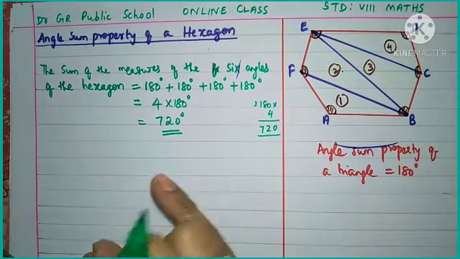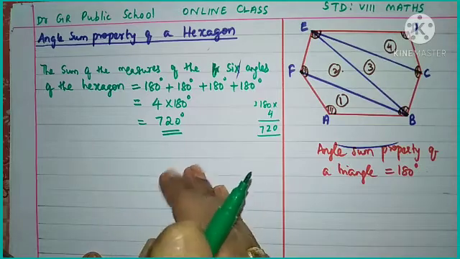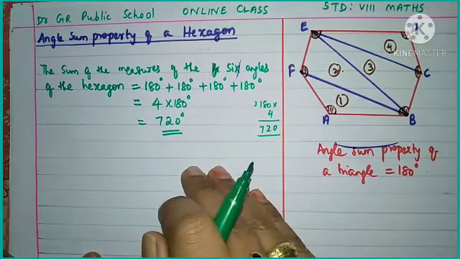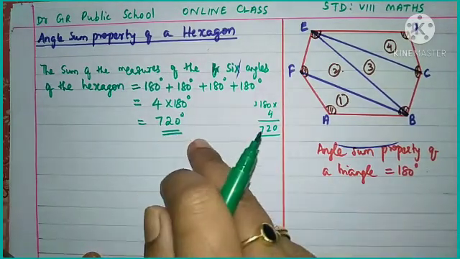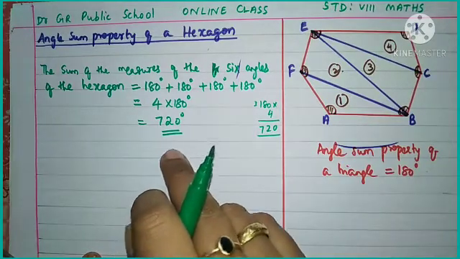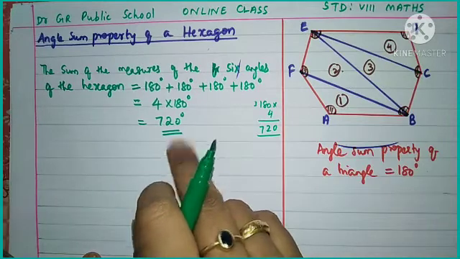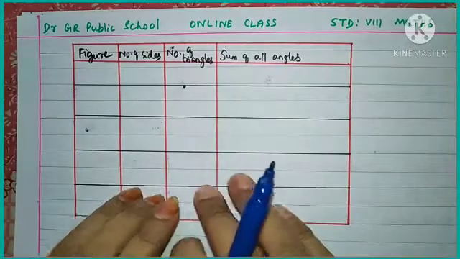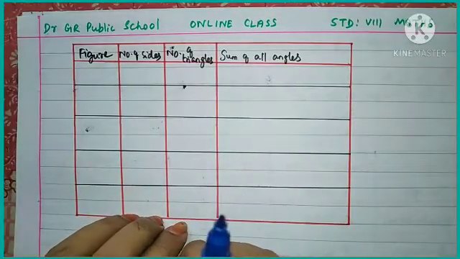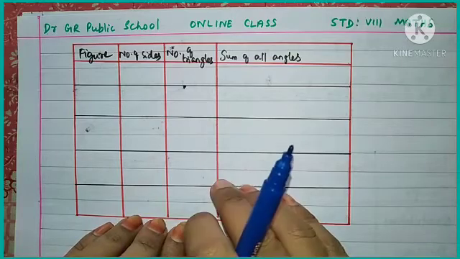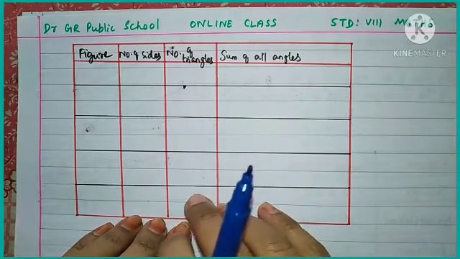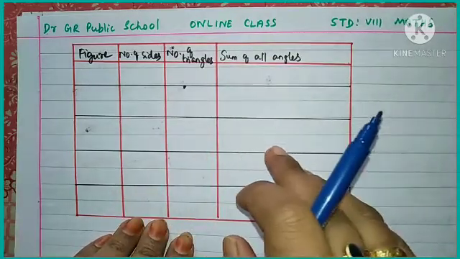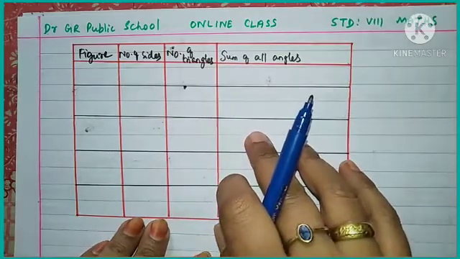Okay, now we have found out the triangle, quadrilateral, pentagon, hexagon. We are going to generalize for any closed figure of any number of sides how we can easily find out the sum of the measures of all the angles. So what I told the children is that we are going to find out a relation so that we can find out the angle sum property of any closed figure. So how we can find that relation is what I am going to do here. All of you please listen.